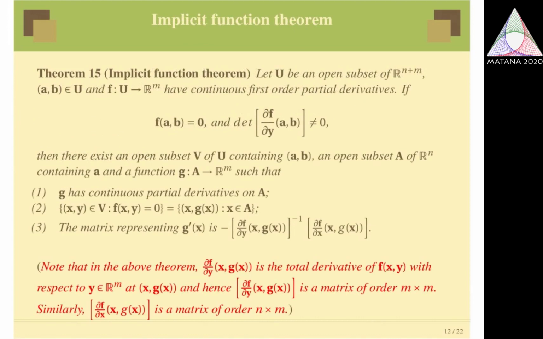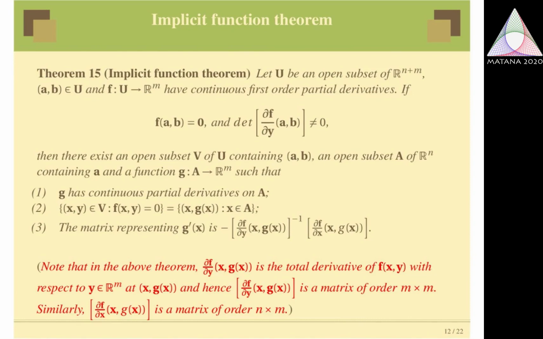Now we state and prove the implicit function theorem, which is an immediate application of the inverse function theorem. We might have come across some equations of several variables where a few variables are dependent and the remaining variables are independent. Although the dependent variable is not represented explicitly by the independent variables, we can find the partial derivative of a dependent variable with respect to an independent variable from the implicit relation. When this can be done is answered by the implicit function theorem.